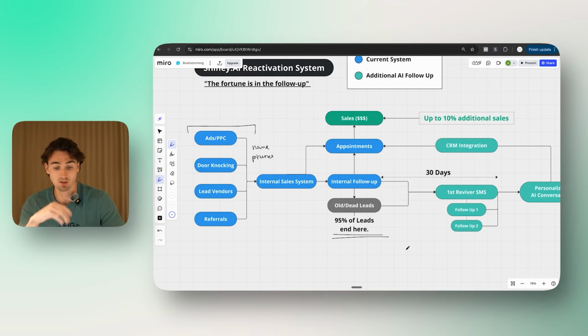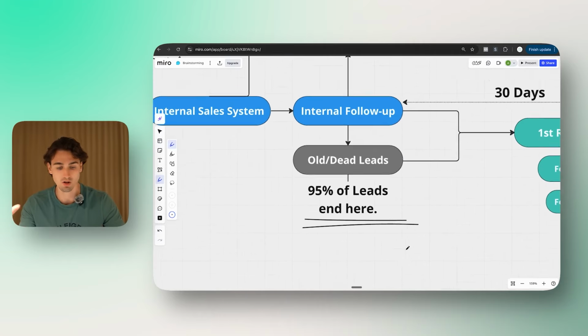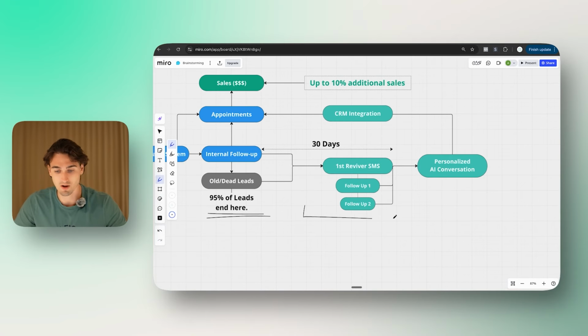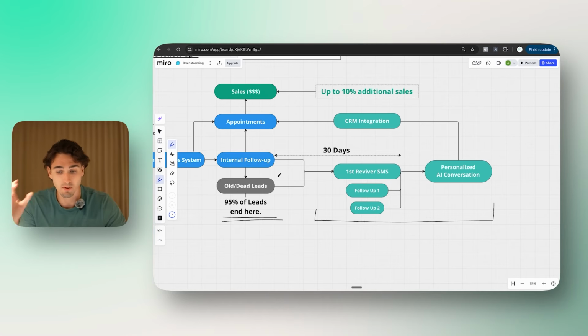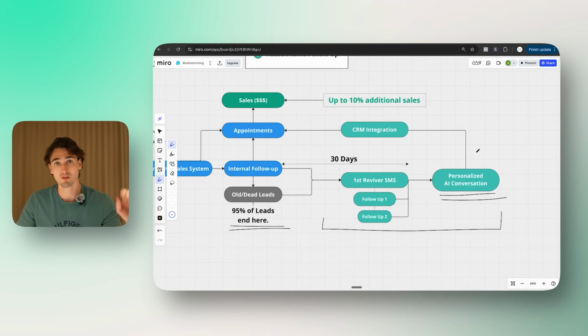And the reason for that is that it used to be way too expensive to call these old leads because the interest level is low, which means that if you needed to hire someone to call all of those leads, it would be very, very expensive. And the return on investment wouldn't be there, or that's at least before AI became this good. Because we can add a system to their already existing system, which is a reactivation agent. What will happen is that this agent will reach out to all of these old and dead leads way cheaper than any human ever could do it. It will then start personalized AI conversations with every single lead in their database, and it'll book in the 1%